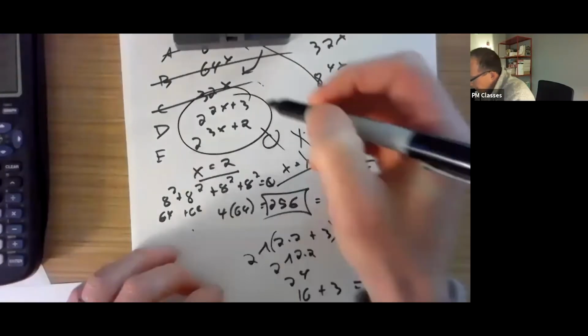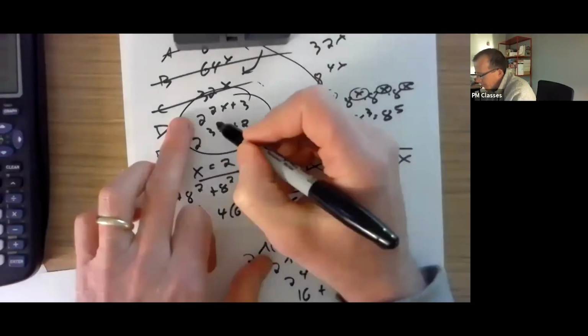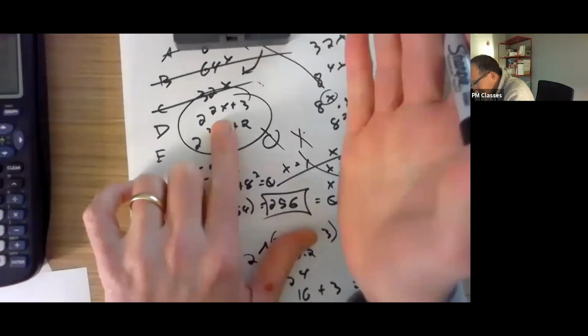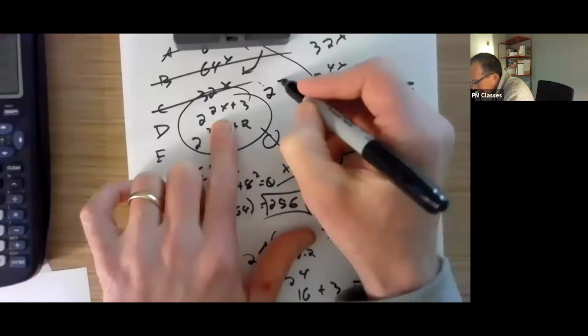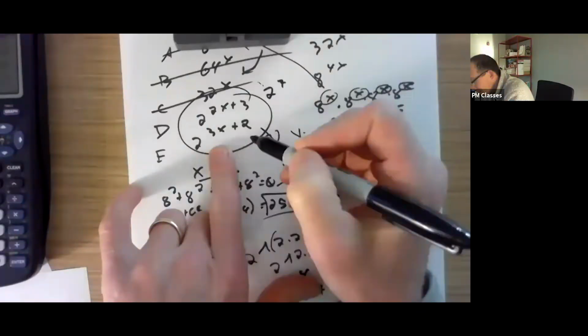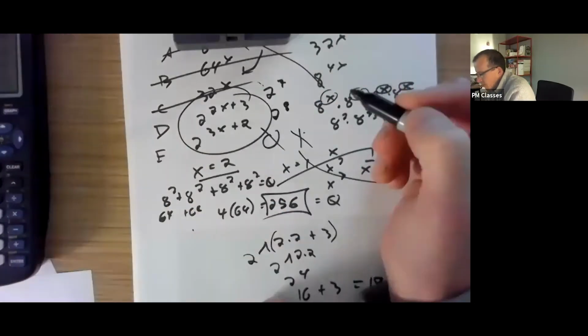So what do I mean? We know that x is 2. I am going to put this thing in my calculator, but I'm going to do this. I'm going to say 2 times 2 is 4, and I know that. That's not beyond my math. Plus 3 is 7, and I know that. And then I can put that in my calculator, and I'll jump down here for 1 second. 3 times 2 is 6, plus 2 is 8. So I'm going to put 2 to the 7th on my calculator and 2 to the 8th on my calculator